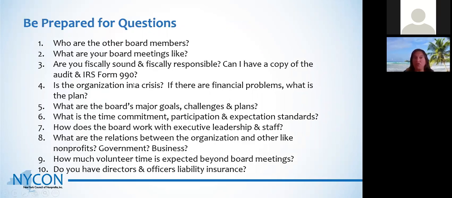People might want to know, are you fiscally sound, right? Are they getting involved with an organization that is fiscally responsible? Do you have a lot of debts or liabilities? Are you running a deficit? They might want to see your Form 990, or if you have an audit, they might want to see that, get a better sense, particularly if you're asking people to get involved who have financial expertise. They're going to want to ask those questions, right? They're going to want to get a better sense. If you're asking them to join your finance committee or come in as a treasurer or something like that, they should get access to some good information.